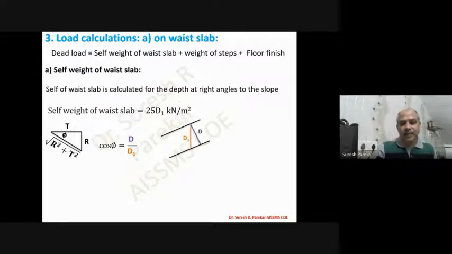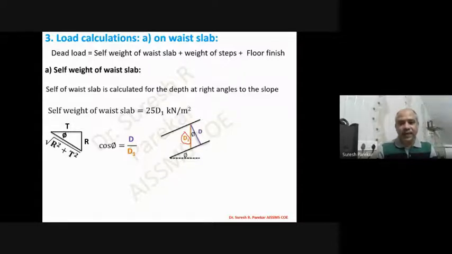You can have this diagram. So we have this as the depth, which is right angle to the going. And then we have this as D, this as D1. And then if you will see, we have this as angle phi, which is pitch. This will be then phi. Then we are going to get cos phi, that is equal to D upon D1. We have to write down value in terms of D. So here I have mentioned 25 D1, and D1 we have this distance. Now how to calculate D1?